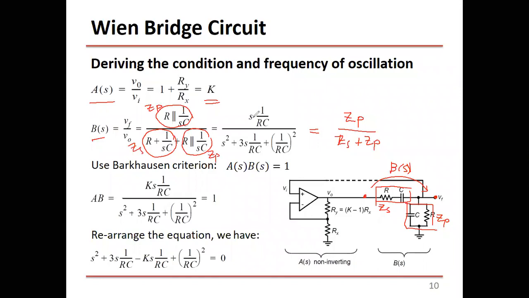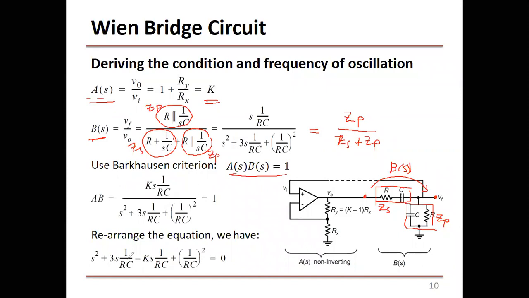Okay, now we need to multiply B of S by A of S and equate this with 1. This is the Barkhausen criteria. So you multiply K by this and equate this to 1. So this is what we have. So this is the loop gain, which should equal 1. And if you do cross multiplication and rearrange the terms, you will get